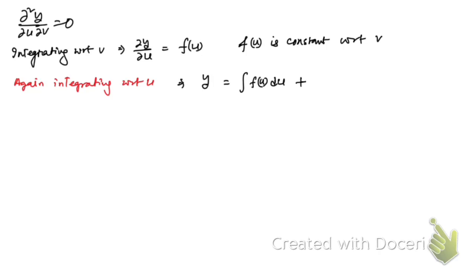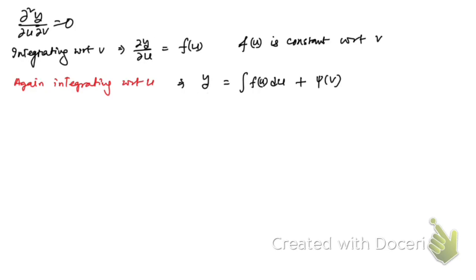Plus we're gonna have a function of v, which is a constant with respect to u, right? When we had integrated it with respect to v, we got here f of u, which is a constant with respect to v, right? So similarly, when we integrate it again with respect to u, then integrating left hand side we have got